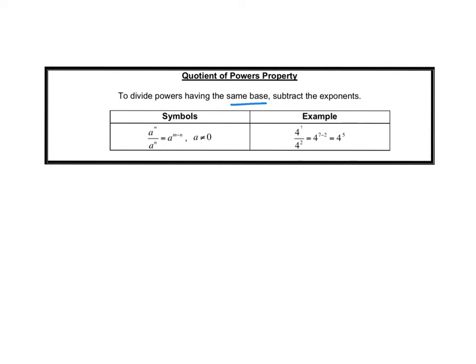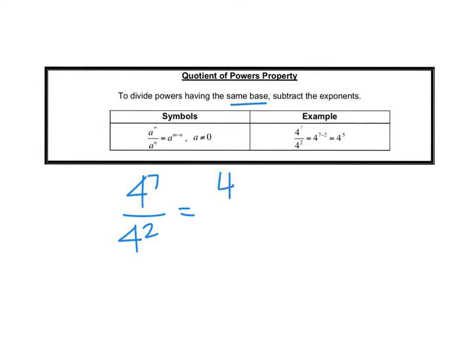So let's take a look. It says a to the m divided by a to the n. You're going to have a to the m minus n, all right? So let's take a look at what that looks like here in the example. You have 4 to the 7th divided by 4 to the 2nd, all right? And now let's even look at what this looks like when we had